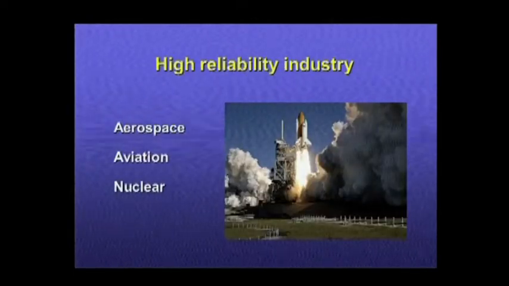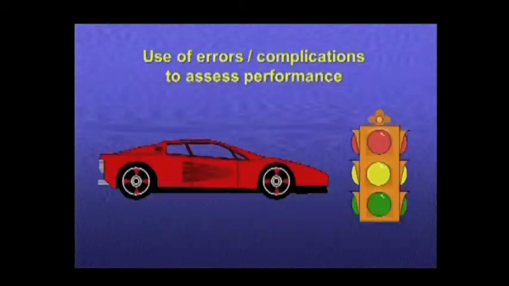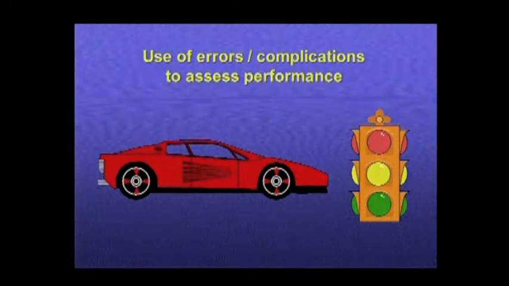Now, in high reliability industries, they don't wait for the disaster to happen, but they address it at the near miss or error level. Another analogy is that people fail the driving test if they go through a red light. They don't wait to crash their car to fail a driving test. And from the ergonomic perspective as well, we don't need to wait for complications to happen, but we can address it at a near miss or error level.